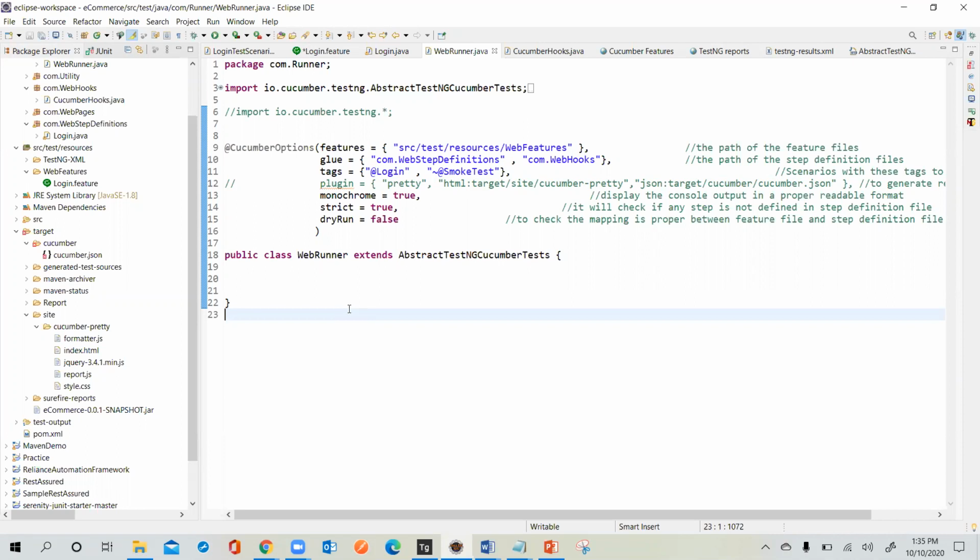All other things will help you in the hooks. Whatever the failed test cases, capturing the screenshot will be taken care of by the before and after. Tags take care of grouping of the test cases. And the report generation is the most important, which is a pretty report, and we can generate multiple reports. So Chandrika, can you show your screen? We have executed this for our Decathlon project, right? You can see the multiple things there.